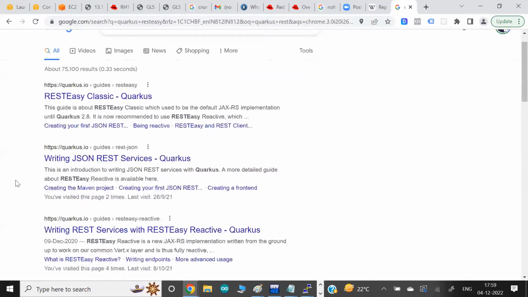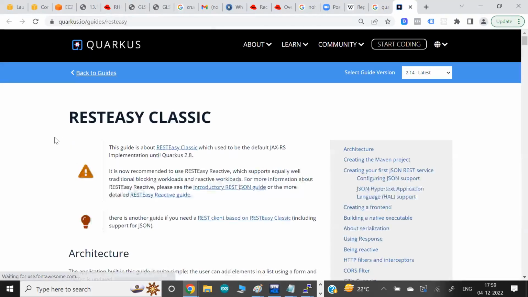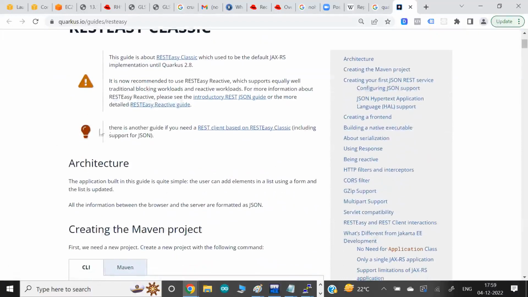Okay, so if I open it here, RESTEasy is a way to implement something in Quarkus. What? Just REST. Again, what is JAX-RS? It is one kind of specification. JAX-RS, REST. I'll talk a little bit about it, but I don't want to discuss it right now.